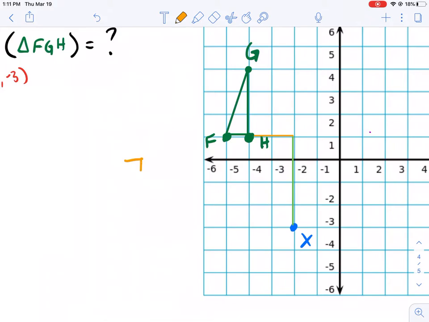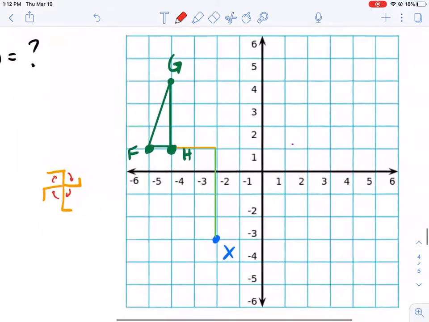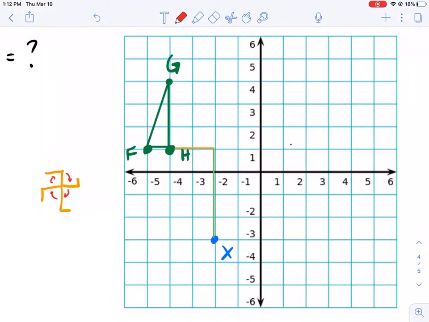Keep in mind I'm going to use the Buddhist symbol for peace as a guide to make sure that I'm rotating things appropriately, but this time I'm rotating this way in the clockwise or negative direction. All right, so there's my point H. Notice how I go 4 units up in green and then 2 units to the left in orange. I'm moving this 90 degrees to the right,